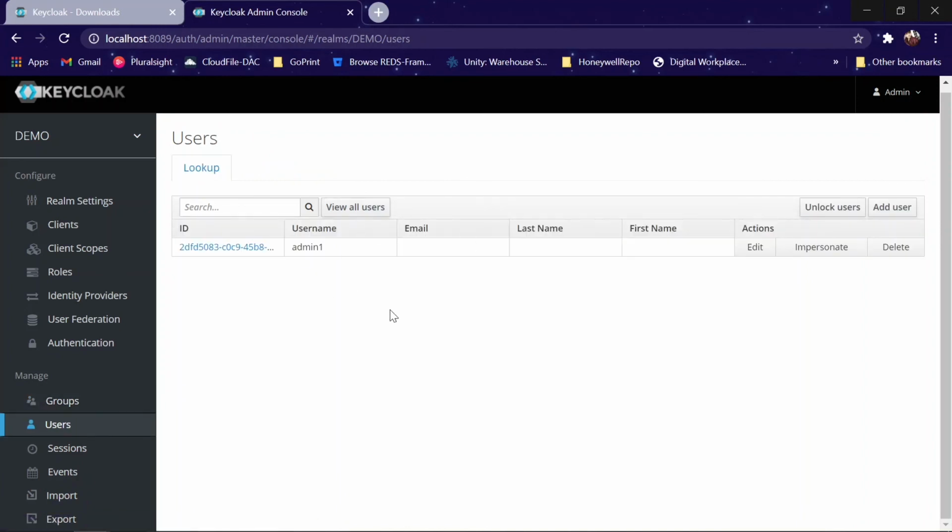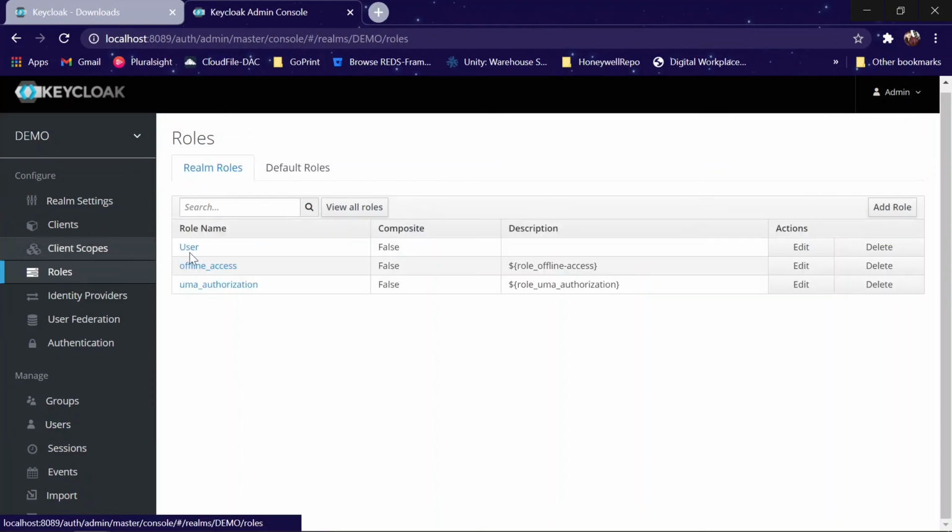So right now what we are having is a user. You can edit from here, you can delete, everything, whatever you want, you can experiment from here. So users you can add. These users are applicable for the realm demo. Okay, again if you want to define any of the roles, you can go here and add the roles. So this is the configuration from this perspective.